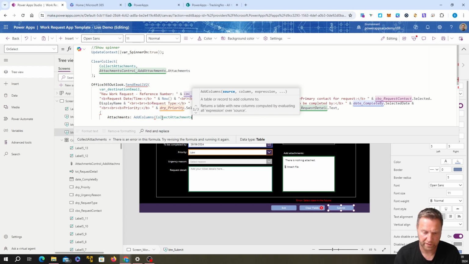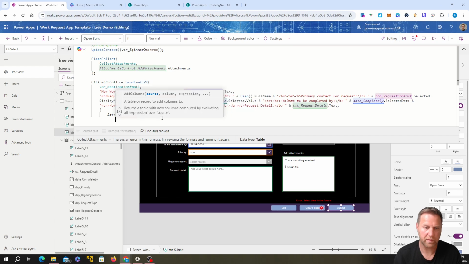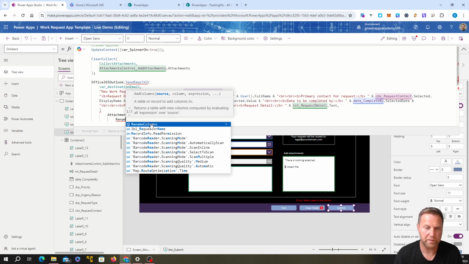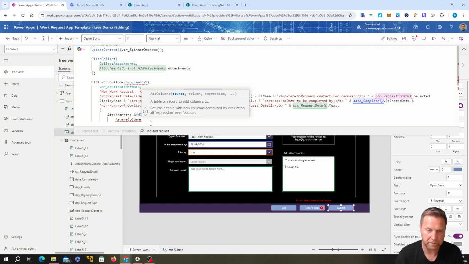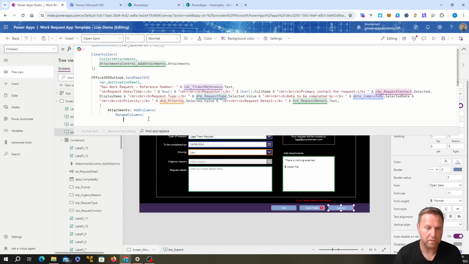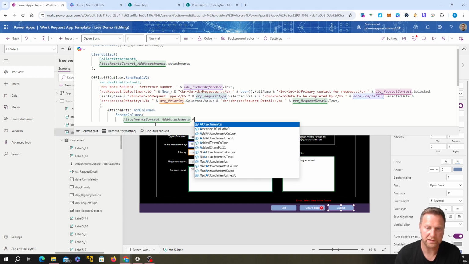We're going to go down one, rename columns, open brackets again. Then we're going to go attachment control, attachments dot attachments,